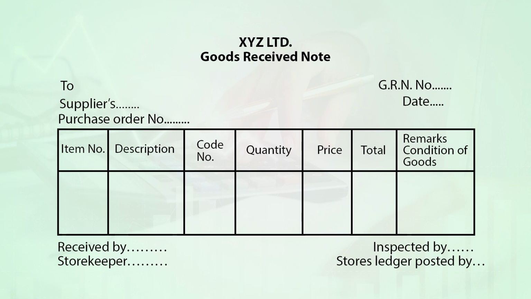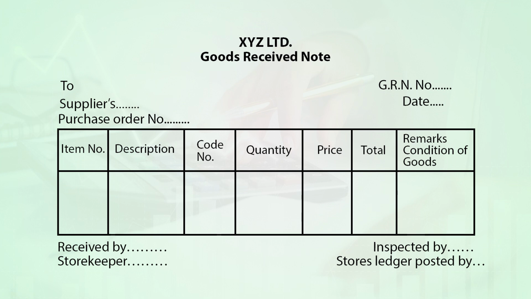On the left hand side, it is written to suppliers and purchase order number. On the right hand side, the GRN number and date are written. It has 7 columns, that is item number, description, code number, quantity, price, total amount and remark of condition